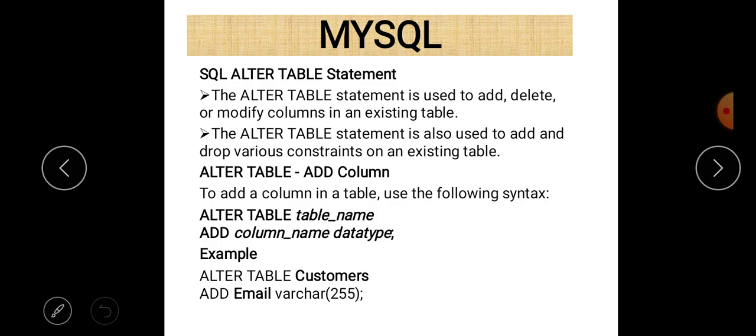Next, when we talk about the alter table statement, we have three options. We can add a column, we are also able to delete a column, and we can also change the name or size of a particular column. This falls in the category of DDL statements, because using alter table we are able to change the structure of an existing table. That's why it is a DDL statement.